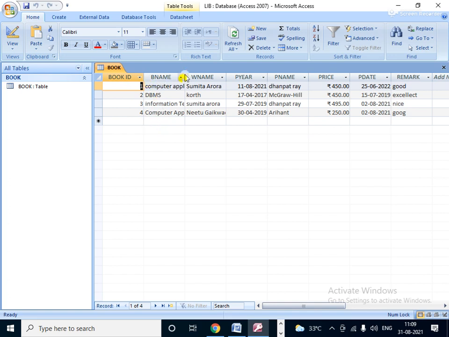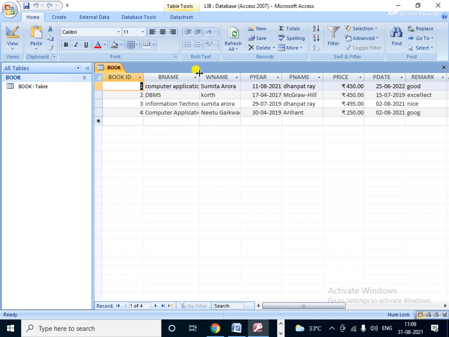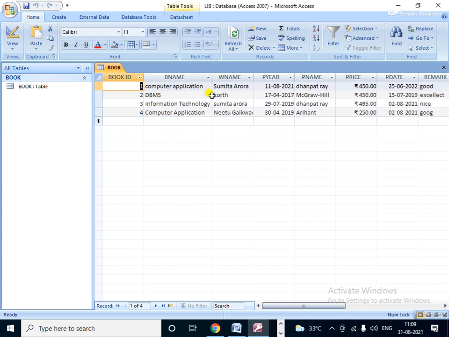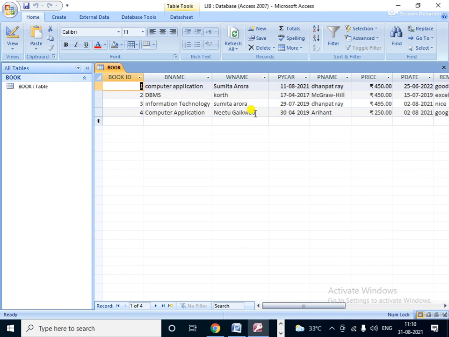And the name of the book, you see, I increased the size. There are books here: computer application is one book, DBMS is a book, information technology and computer application. And see the writers are Sumita Arora, Neetu, and others. These are the writer names, and the years of publishing I roughly wrote.